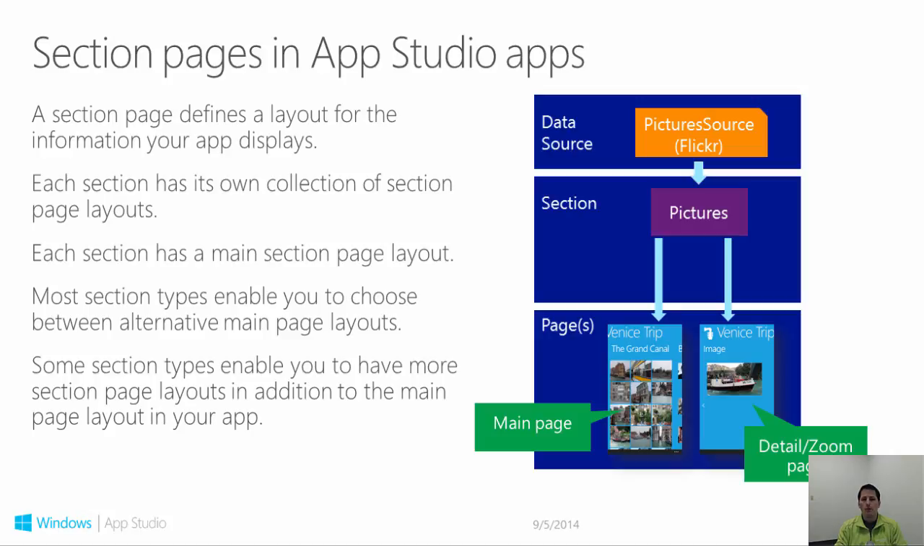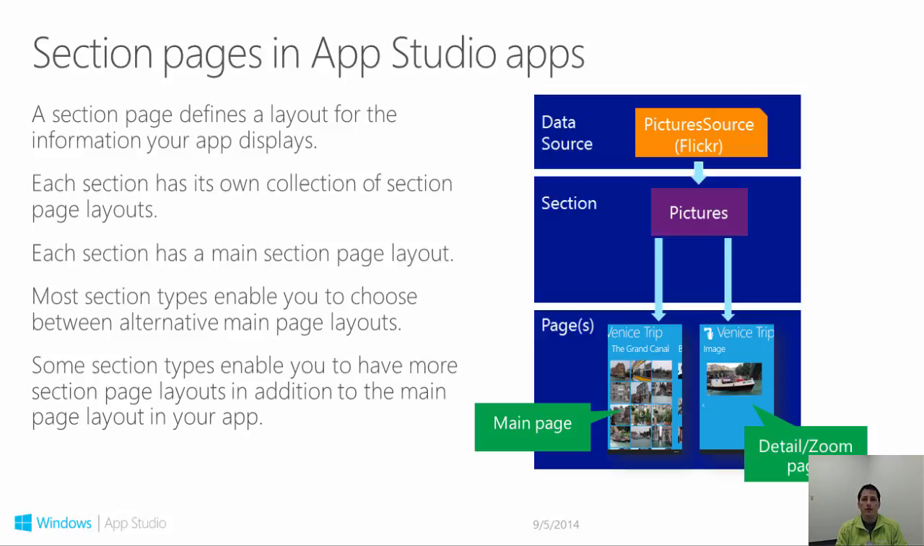Section pages are the primary means for displaying your app's content to the user. Since they are such a key part of an App Studio app, let's review some key aspects of section pages. The most important thing to note about section pages is